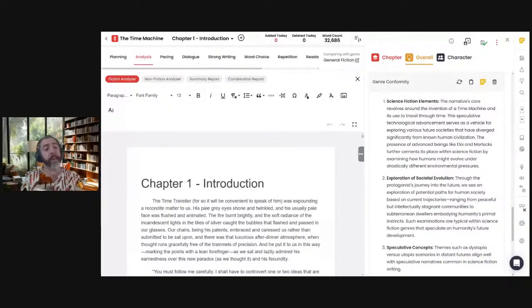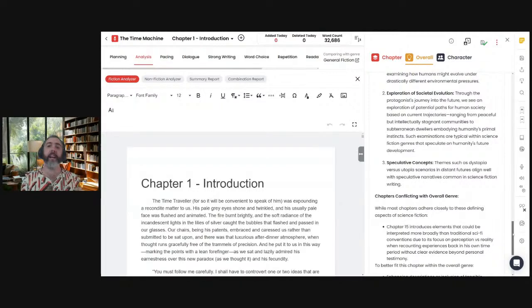And again, this might be a difficult work for the analyzer to latch onto, because perhaps you're sort of playing with a lot of genres, right? And so if it says, well, it has elements of this and this, I can't quite identify it, and you're like, yes, that's what I want. Perfect. But a lot of us do want to kind of hit a bullseye, right? Because we're trying to rank on Amazon or whatever it is, meet the audience expectation. And so when it's giving you a tried and true, this is what it is, and you've hit it, it's a great pat on the back. It's fantastic. Really helpful.